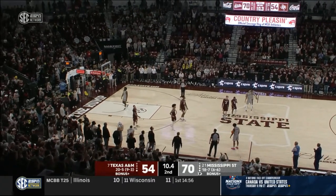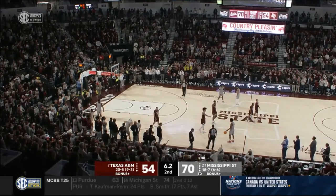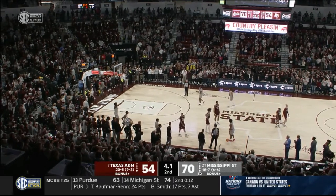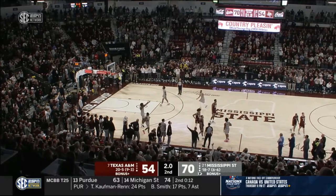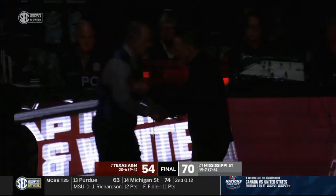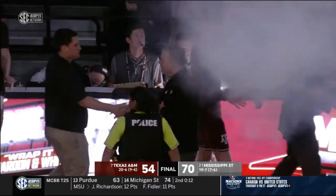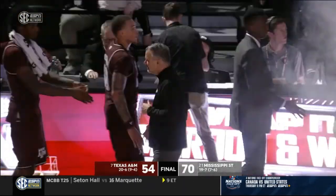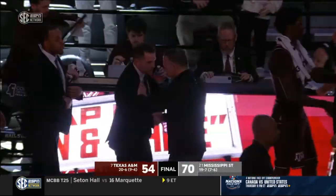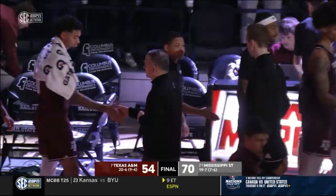Boy, what a night for the Bulldogs here at Humphrey Coliseum. A season low, 54 points for Texas A&M. Better night certainly in store, but this league will get you somewhere. The winning streak for Texas A&M will stop at 5. And Mississippi State wins back-to-back games against top 25 opponents. Their 5th win against a top 25 team, most ever in school history, as they win it 70-54 behind 25